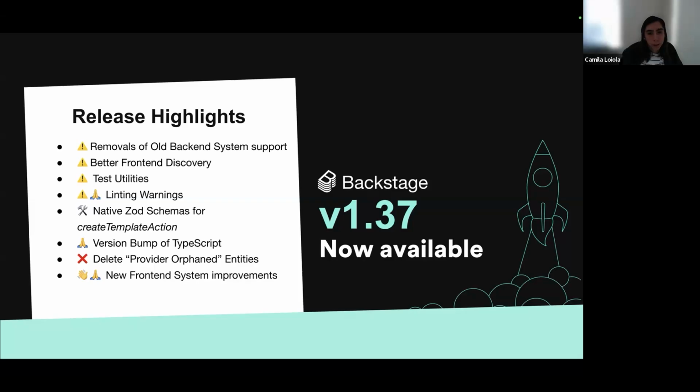Okay, so if you are trying out the new front-end system, there is now a new dialog API that helps you interact with dialogues, in particular from code that lives outside of the React tree, such as callbacks. There is also a new extension factory middleware. It is a way of intercepting factories and injecting code when we are calling the factories, for example, for debugging purposes or for analytics.